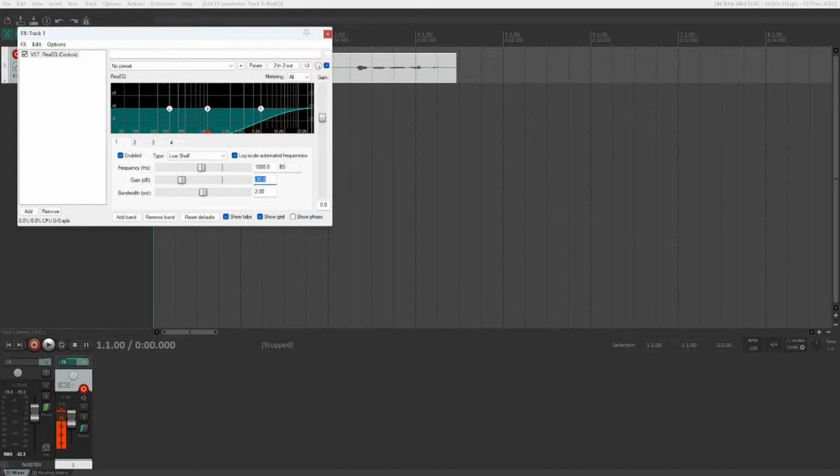We can probably demonstrate this better by moving the band around a bit. And what we now do is we go not into the frequency input box, but into the frequency input slider and play the track. And then we just sweep through the frequencies by using the up and down arrow keys